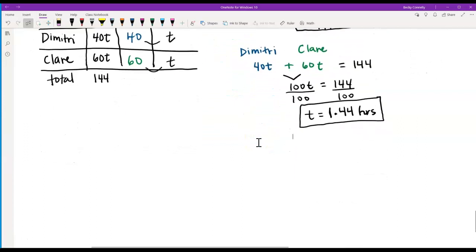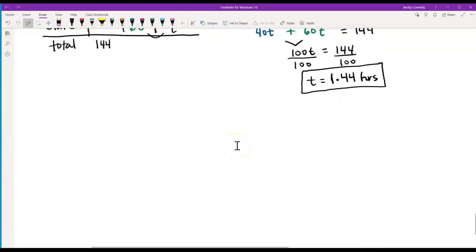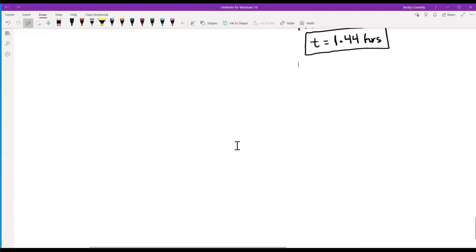Yes, no, maybe? Okay. So yeah, because this one's kind of similar to what we just did, and it kind of builds on the one that we just did. But now this time,